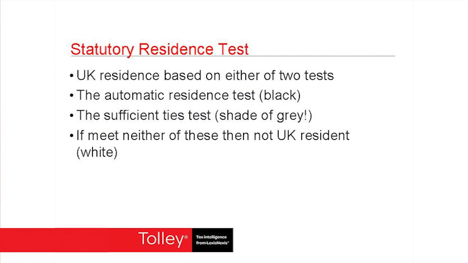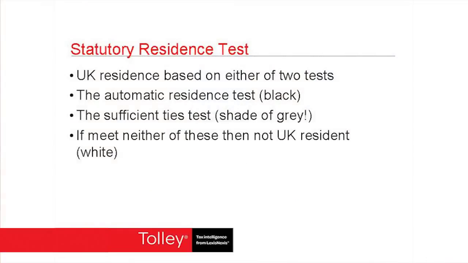Essentially, there are 2 ways that you can be resident in the UK for tax purposes. Either you are automatically resident because you're here so much in the UK that it's so black and white that you are resident in the UK. If that is the case, end of story, you are resident. The other way that you can be resident in the UK is if you have sufficient reason to be here,